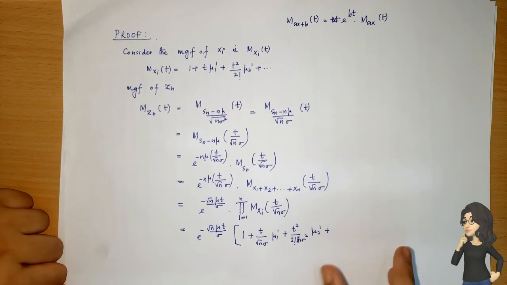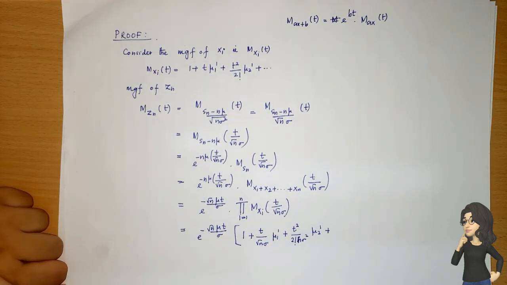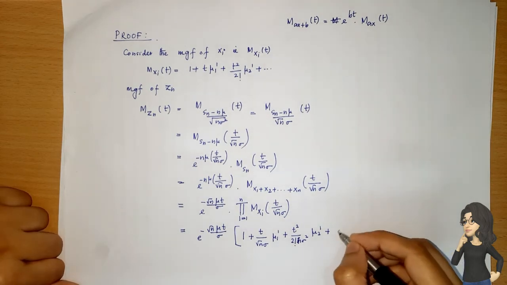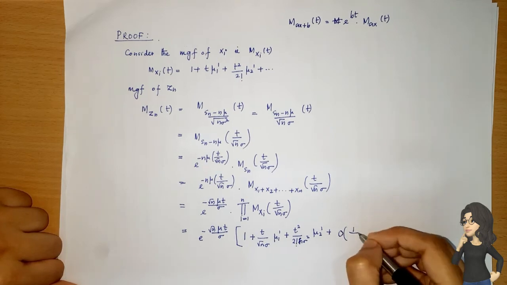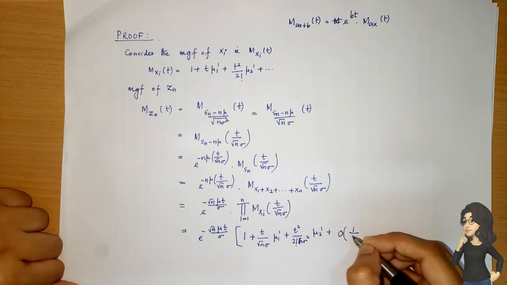And approximation means this number n is going to be a large number. So since in the denominator we have n, the sum of the next terms will be a small value which we denote by O of 1 by n raised to 3 by 2,